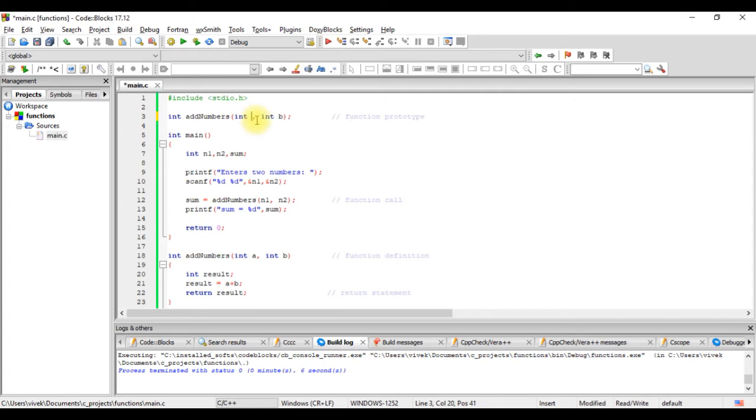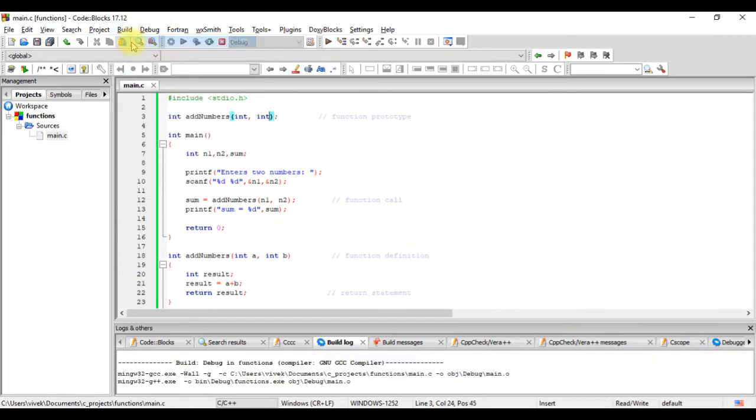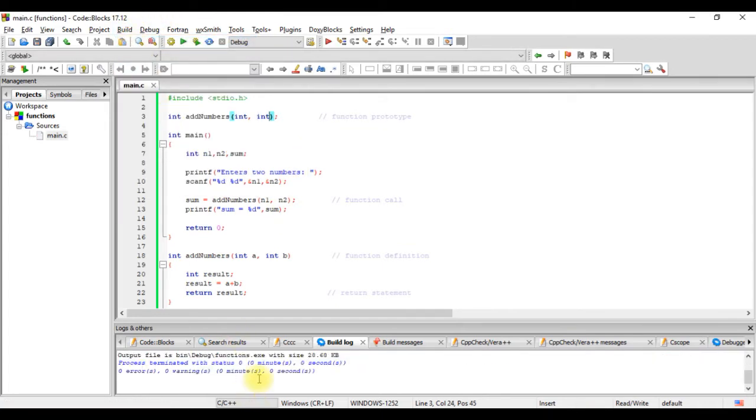One other thing to note here is, when we mention the function prototype, we don't have to give the variable names. We can just mention the type. We can give the variable names in the function definition. So when we build it, there's absolutely no complaint from the compiler, because the prototype is only to tell the compiler that somewhere later in the program you are going to encounter this function with this type of arguments, this many arguments, and the return type is going to be this. What happens if we remove this prototype?